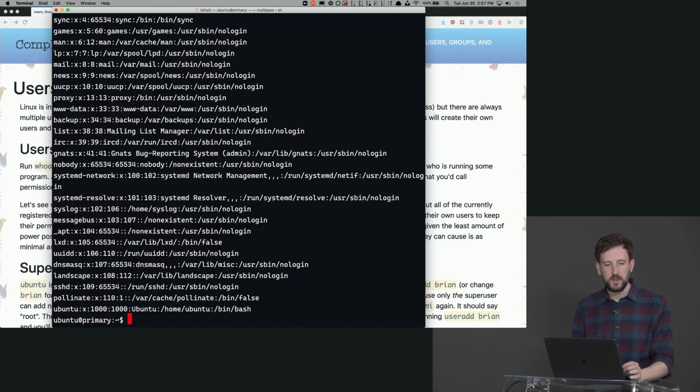By the same token, you're afraid of nefarious actors out there that are trying to get into your computer, but you also should have a healthy fear of yourself. Maybe you try and run a script and it has an rm -rf star on it. I don't know, it's happened before, weirder things have happened, but if it's an unprivileged user that can't delete files, then you've already saved yourself just by the permissions that the user is allowed. So that's the idea of users here: you want to give these accounts the least amount of privilege that they can have to be able to make changes that still allows them to do their job.